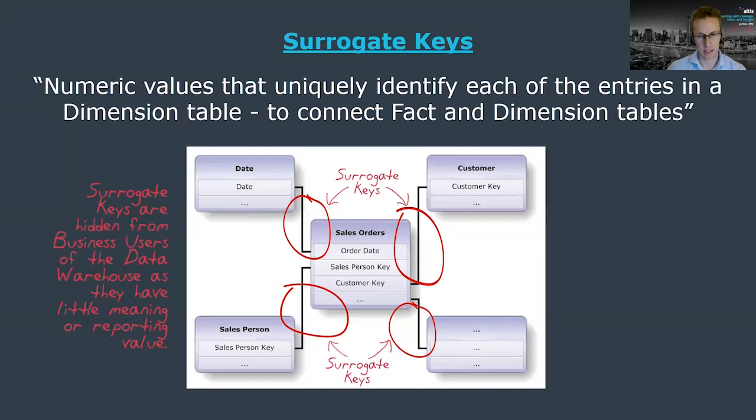Okay, so we've talked about dimensions and we've talked about facts, but we haven't really talked about how we link those up. How do we form the relationships between our fact table and our dimension tables? This takes the guise of a concept called surrogate keys. They're typically numeric in value, quite often auto-generated by our underlying database management system that our data platform resides on. We don't expose them to business users because they have no real meaningful value, but they're useful for formulating this relationship between a fact table and a dimension.